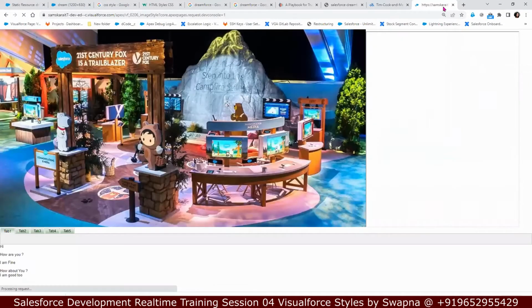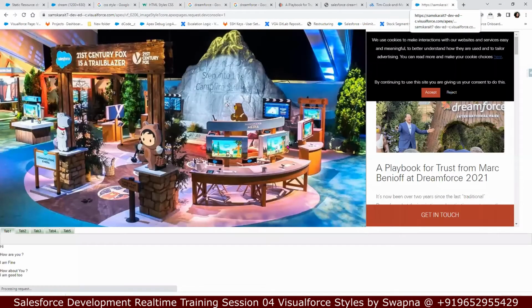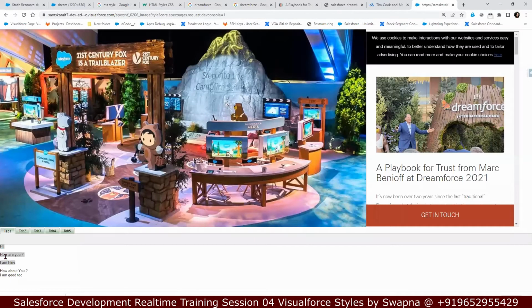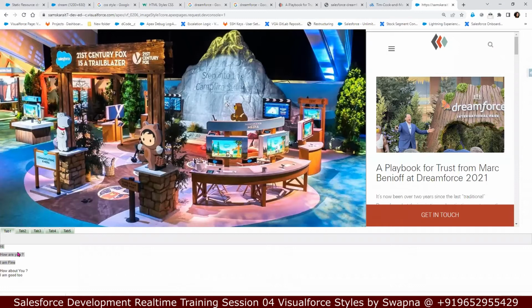Okay, saved. Refresh. See here, the text is displaying, hi, how are you? See the space between the hi, how are you? I'm fine. And see the space between the how about you? I'm good too. Break is nothing but